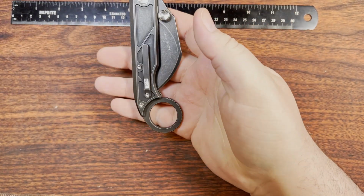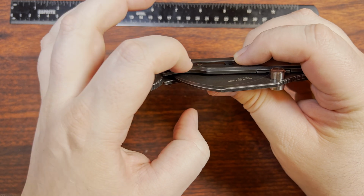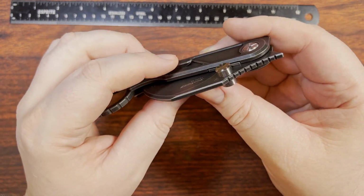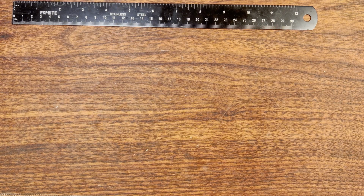Pocket clip is actually fairly difficult to use on this thing here. It doesn't have a huge amount of room for the fabric, and it's just a little bit difficult to try to get in there because of the way the scales are milled there. But all right,